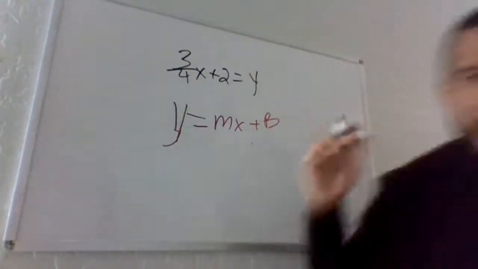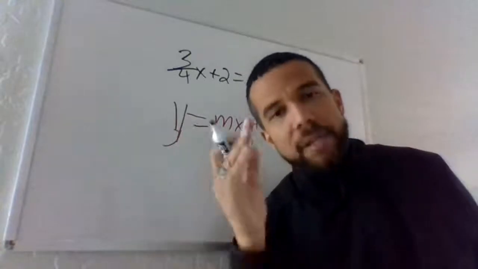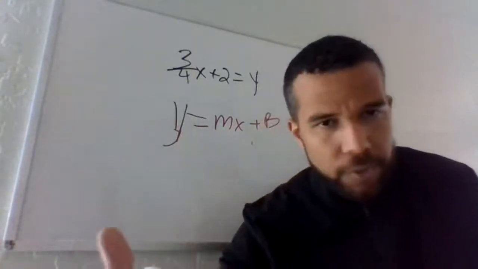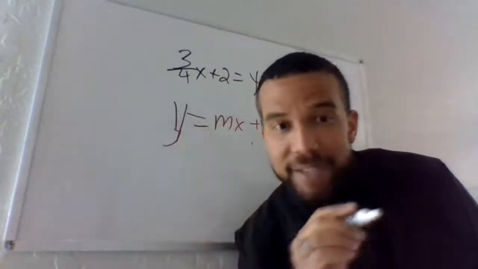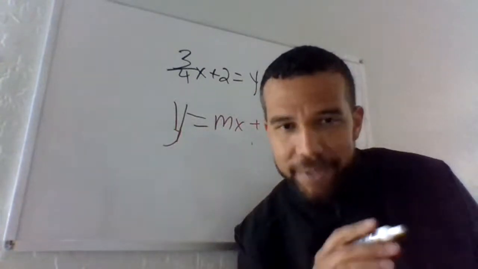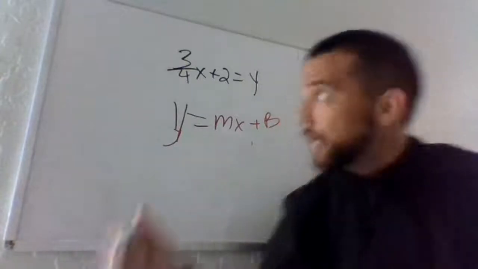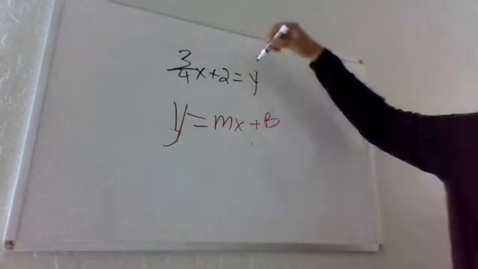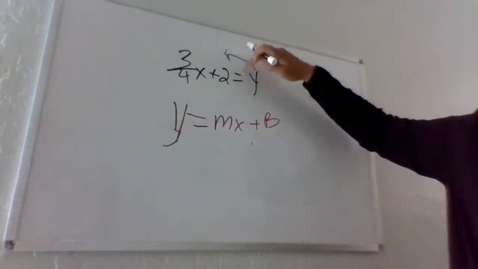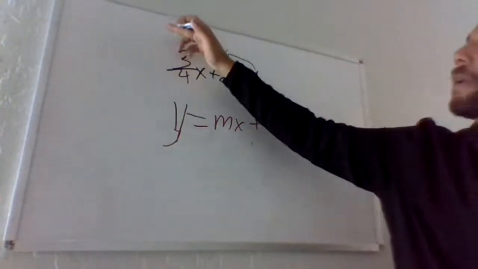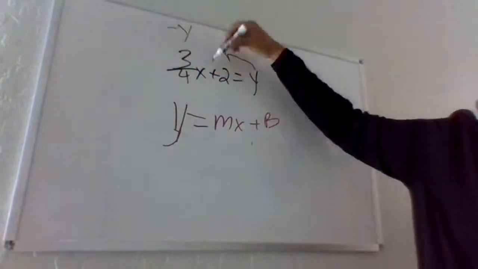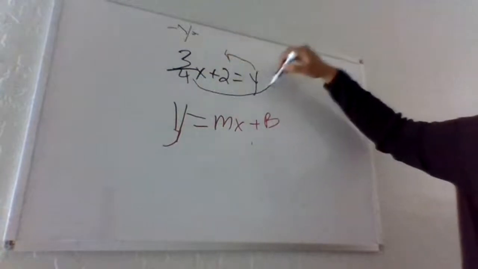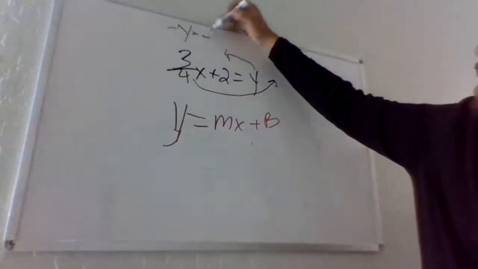Anytime something goes across the equal sign, it's going to become the opposite. And you should already know that's true because when we want to get rid of things in algebraic equations, we do the opposite, right? It's the same logic. So if I want to arrange this to go into this formula, anytime something crosses the equal sign, it's going to become the opposite. So this is going to become negative y. This is on the wrong side of the equal sign as well. So we're going to move it across. This is going to become negative